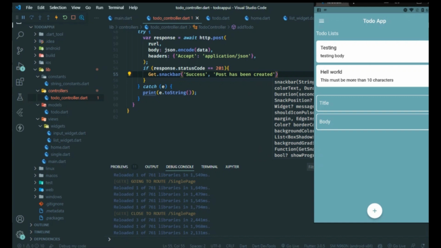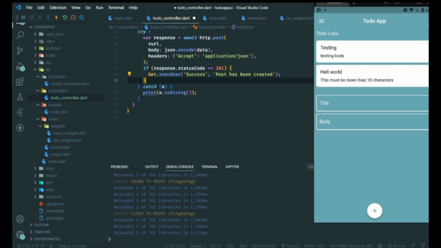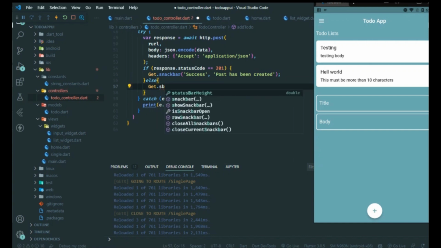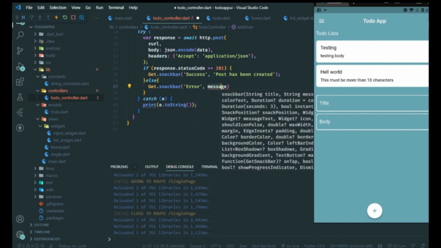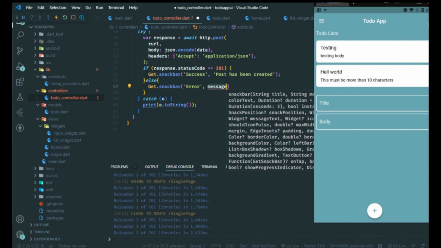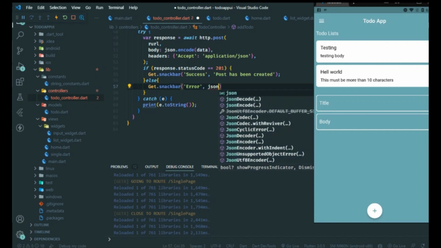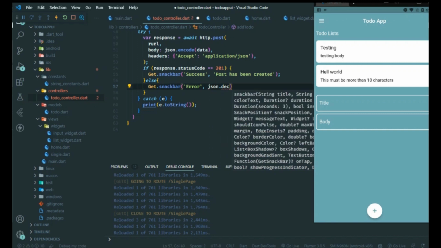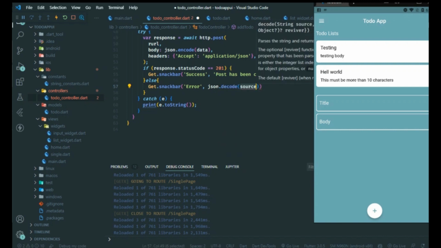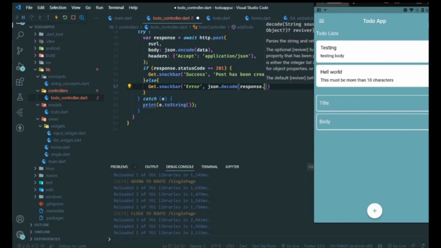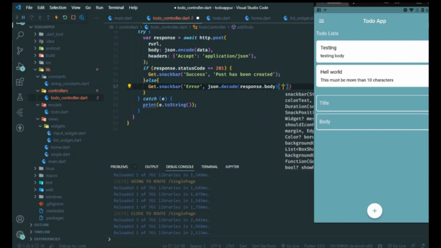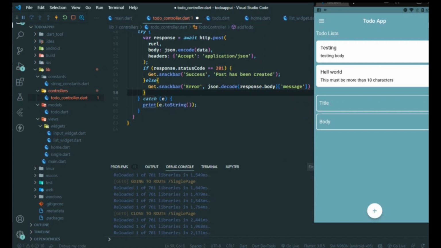Okay, so once we do post has been created, we're gonna do else get dot snack bar. This can be error, then we're gonna do JSON dot decode. So we're gonna decode response dot body and the message. Alright,